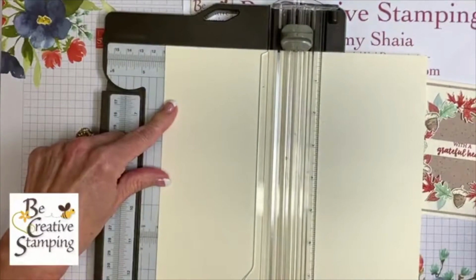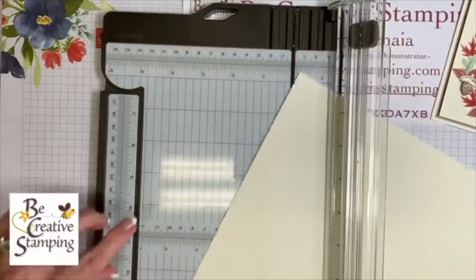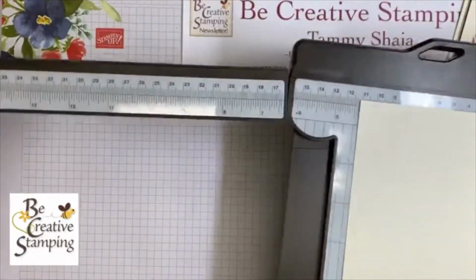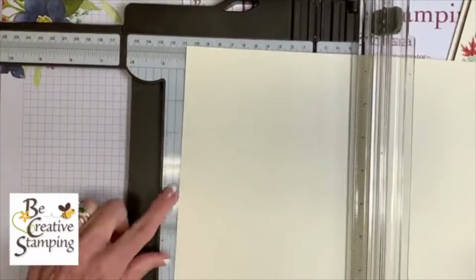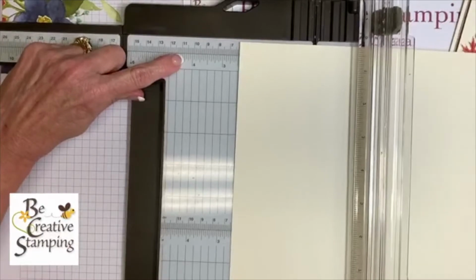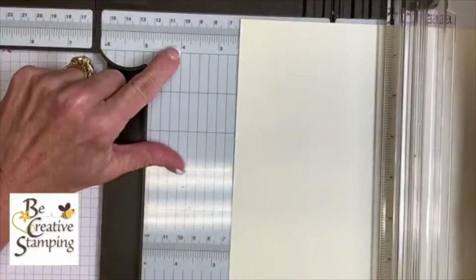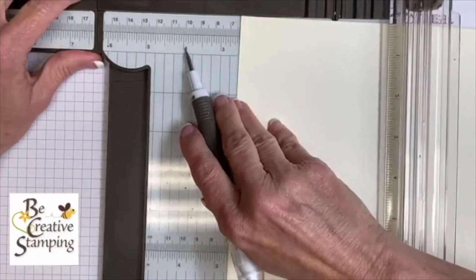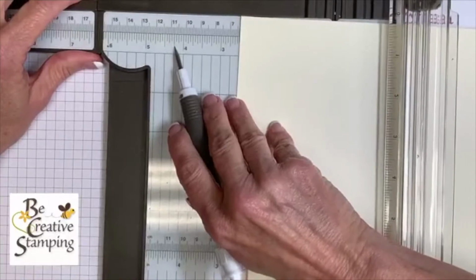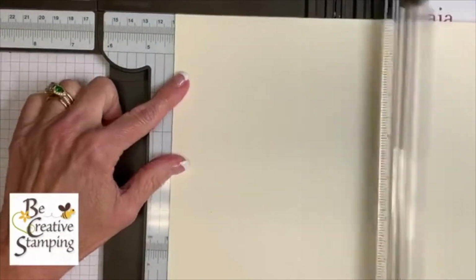This card actually is from the mini catalog, so it's a sample in there. Okay, so we've done our score line. And so now I'm going to open this up. Actually, I don't need to open it up, but we're going to cut at 4 1/4, okay? So I'm going to zoom in a little bit. There's my 4 inch mark. So here's 4, and this is 4 1/4 right there. And so that's actually where I'm going to cut. So 4 1/4,